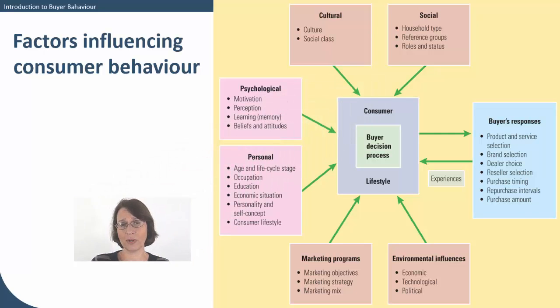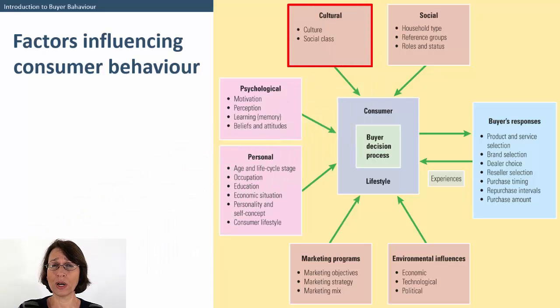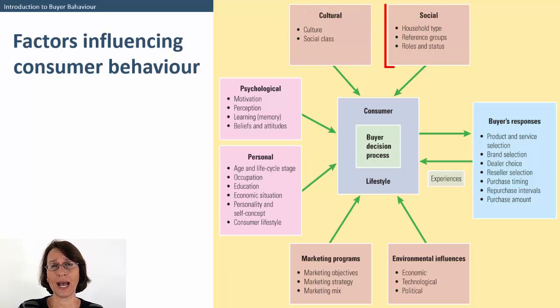In highlighting a couple of these now, cultural: the country that you come from, the class that you come from, the education that you've had, this will all dictate the products that you buy. The household that you grew up in, your parents' influence and attitudes to money will obviously impact your thoughts in later life. From a personal point of view, age and your life cycle is very important because obviously 20-year-olds are going to be buying very different products to a 40-year-old who's married with a child, who might find that a lot of their disposable income is going on nappies and baby formula rather than fast cars or night clubbing.